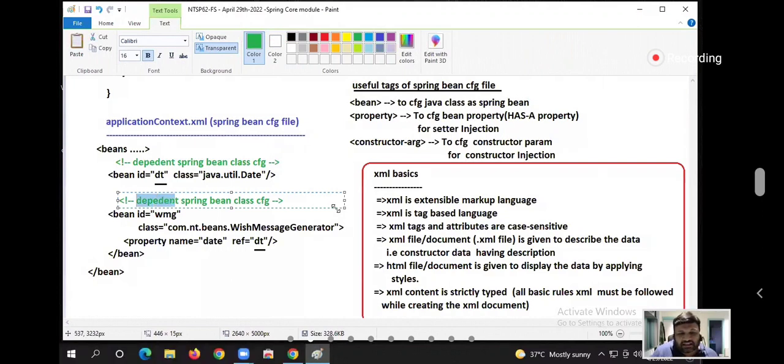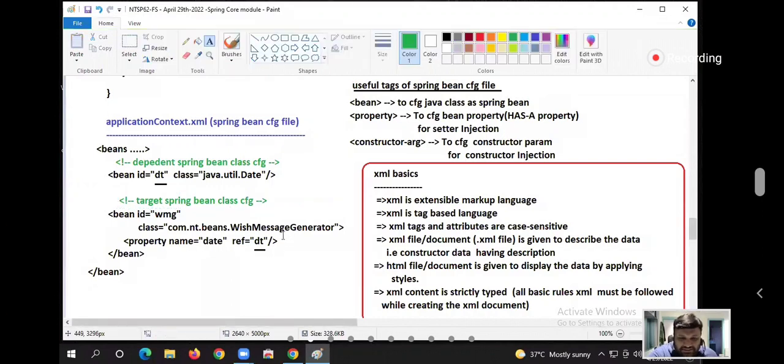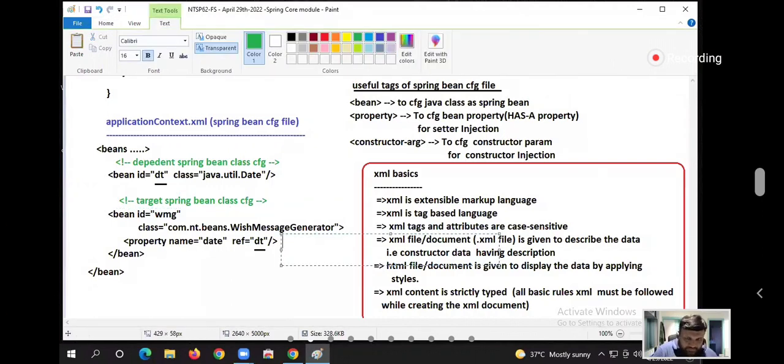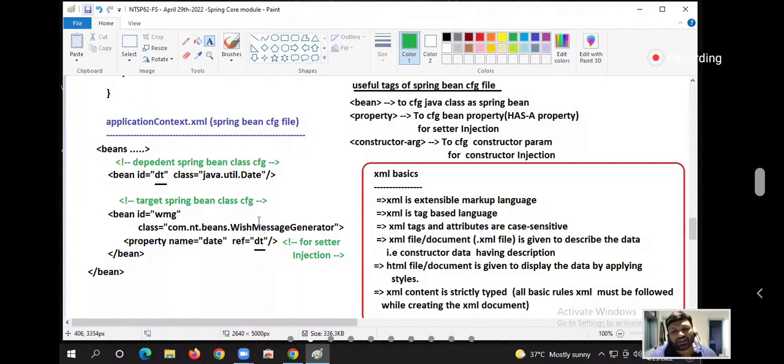These are the comments, guys. HTML comments and XML comments are the same. Right. This is purely for setter injection, guys. Clear, guys? Now listen, I am going to give this file as input file 2.